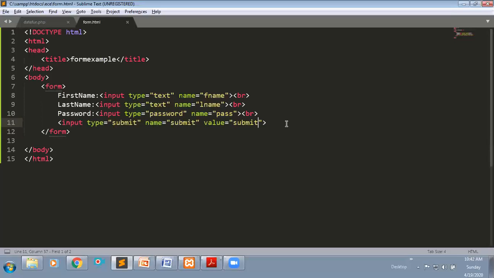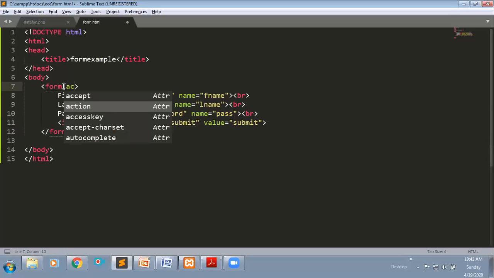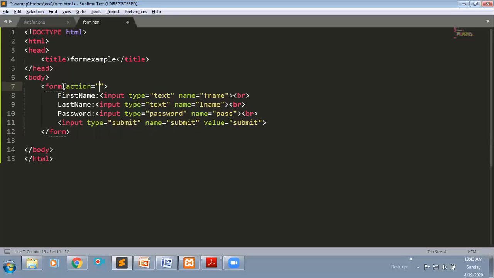PHP is a server side scripting language, right? Whatever data we are submitting, we directly read within the PHP file. That you need to mention here. We have one action attribute in the form element, where you need to mention the file name.